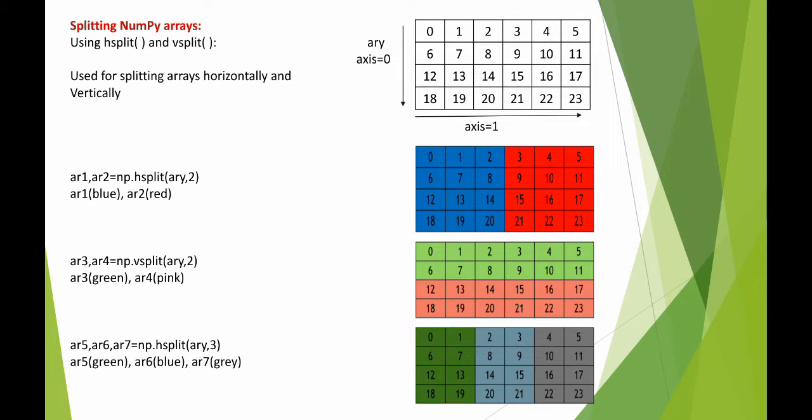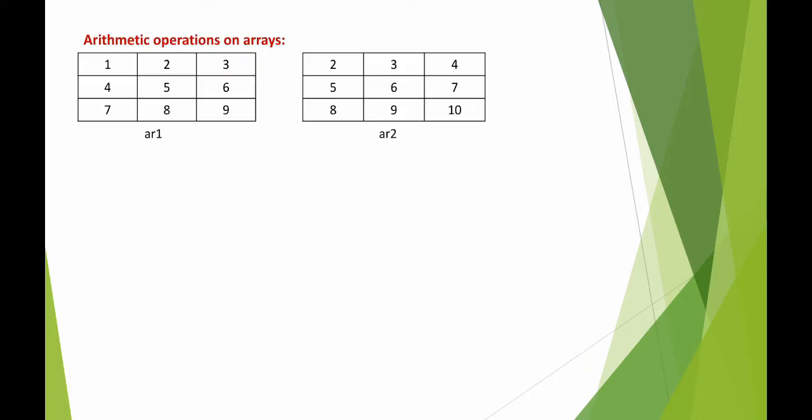Okay, now we have to see some arithmetic operations on arrays. Arithmetic operations means whatever the operations can be, like addition, subtraction, multiplication, modulus. Now these arithmetic operations can be performed by a single value, that is a scalar value, as well as these operations are performed on 2 arrays also. We will have an example here to clearly mention it.